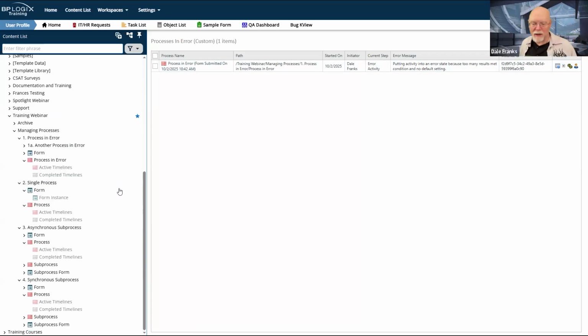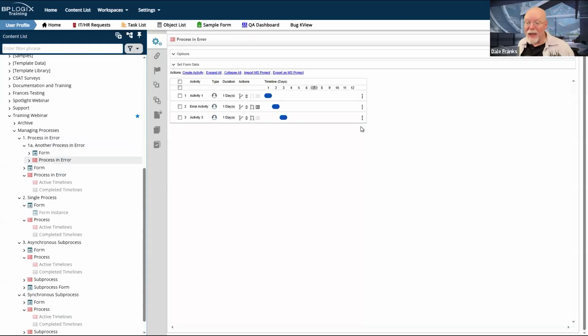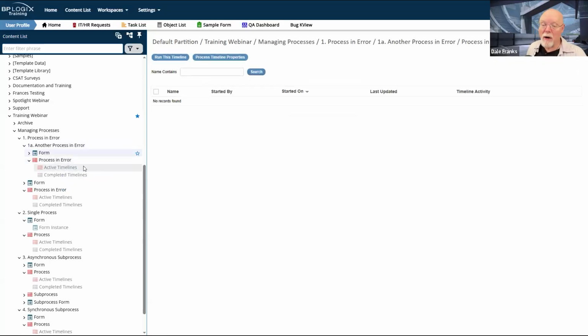What met condition? What no default setting? This is kind of a misleading error message. Now, if we go back into our errors and we go into another process and error, my fundamental problem is that I do not have a user assigned to my error activity.